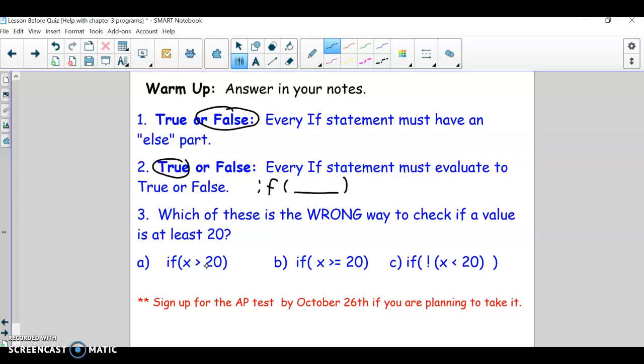All right. So we want to check if we're at least 20. So that means we can be 20 or more. Right? So this one would be greater than 20, but wouldn't include 20. I think this one is right. That one is greater than or equal to 20. That'd be good. And then this one is if we're not less than 20, then we would be greater than or equal to 20. I think,